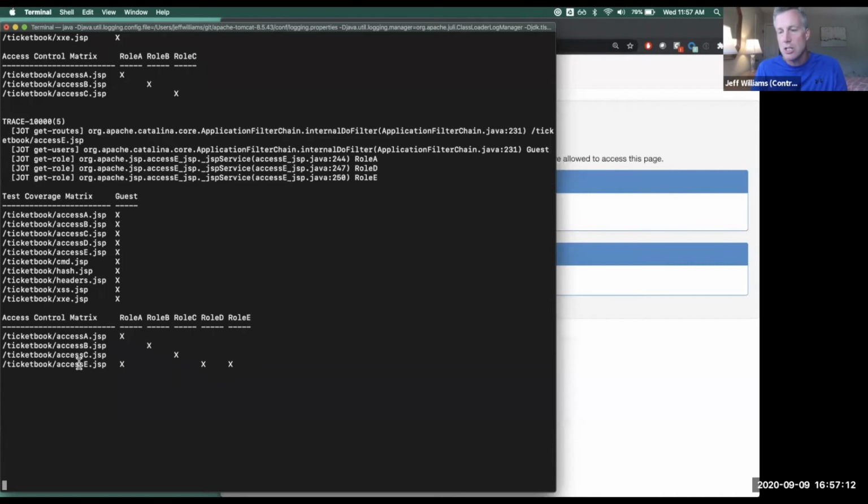But I want you to imagine using this on a big application and browsing around, building an access control matrix, and then just being able to look at it and say, wow, why does this page under /admin not have a test to see if you're currently logged in as admin? So this is, again, one of the hardest things to test in application security. A lot of people would call this unautomatable. They'd say it's a business logic test. You can't automate that. But it can be automated, and we can do it with a very simple jot using instrumentation. So I think this is really powerful, and almost anybody in the business should be able to look at this access control matrix and say, wow, this is not right.